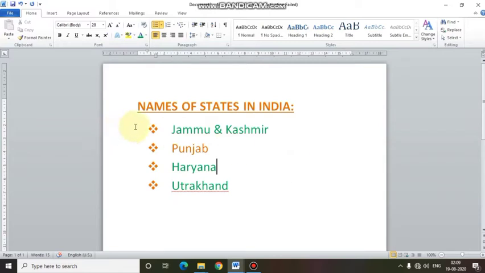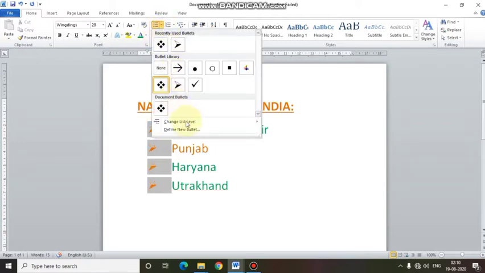You can also define a new bullet according to your choice, as given on page number 76. Just select the bullets which you want to change. Go to the bullet list. Click on define new bullet.